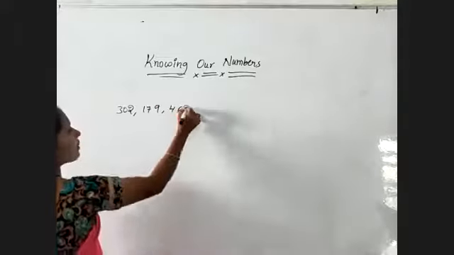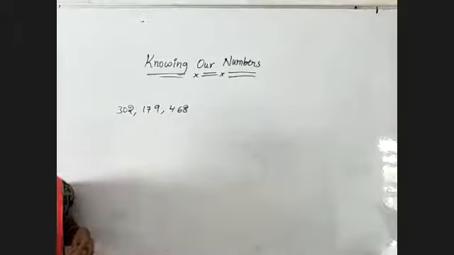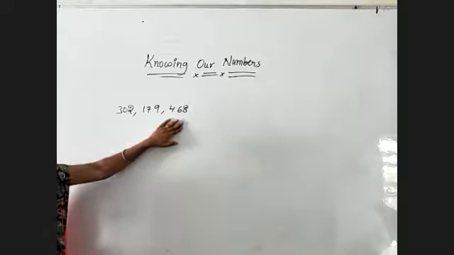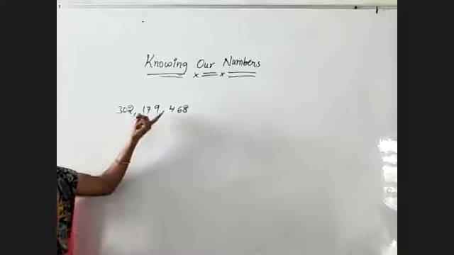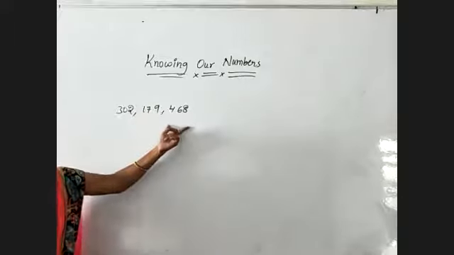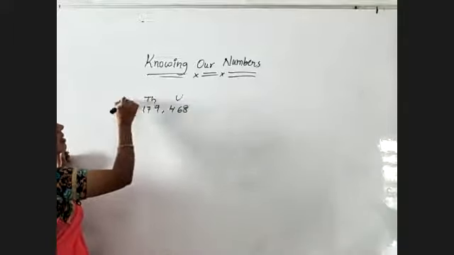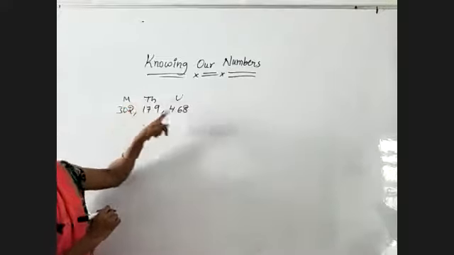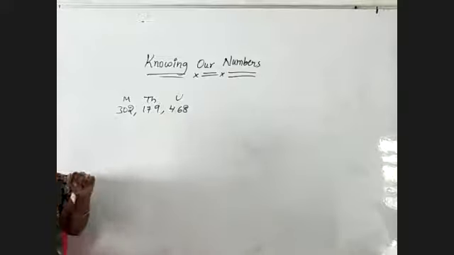So I have given one number like this. Now my question is, which type of number is it, and which place value system does it belong to? Observe that in each period it has 3 digits, so it compulsorily belongs to the international place value system. Now how to read this number? 302,179,468. Now my question is, which digit is there in the units place?